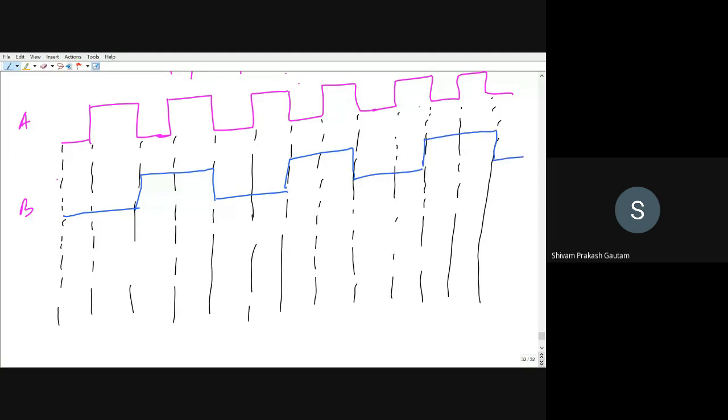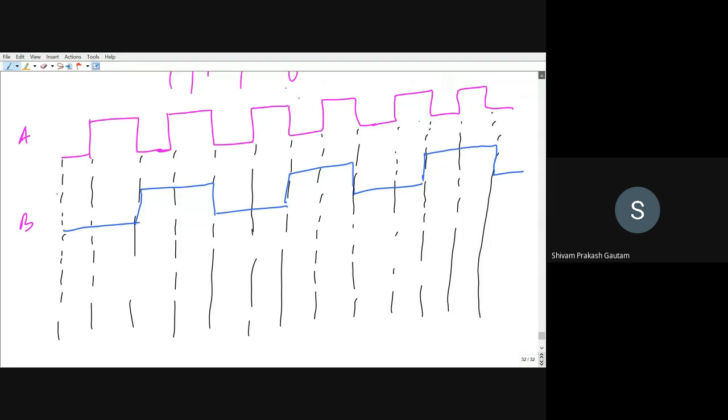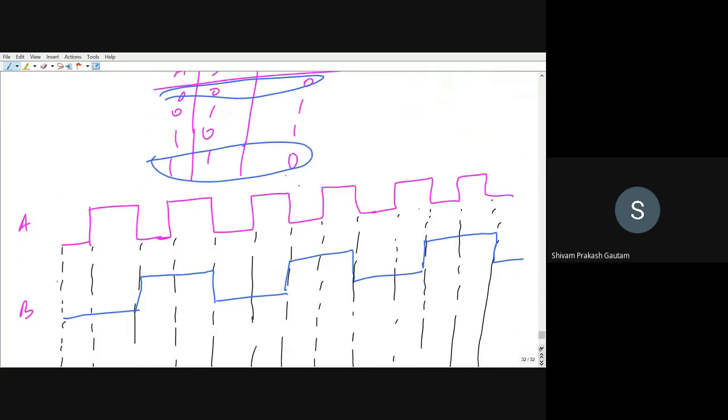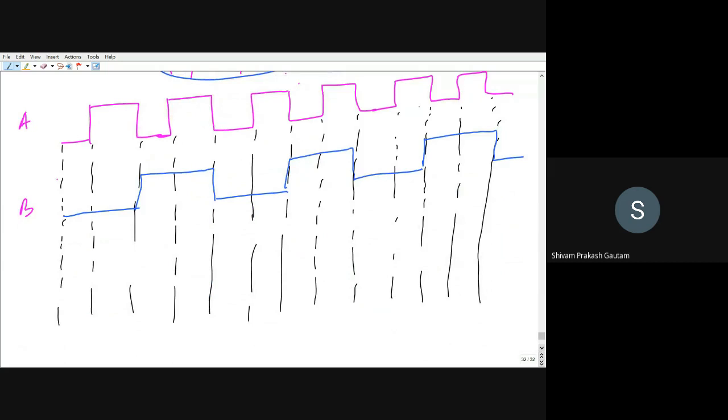Now here you have to see if both the inputs are the same. See the truth table: if both the inputs are the same, the output will be 0. So similarly, at the first condition both inputs are the same, so here the output will be 0, right? And here the output will be high, because one is high and one is low. Again, here as well, the output will be high, one is high, one is low. Here both the inputs are high, so the output will become low. At the next point, the output remains low, both are 0. Again it will become high, and then it will remain high. Again both the inputs are high, so it will become low. Both the inputs are low, so it will continue like this.